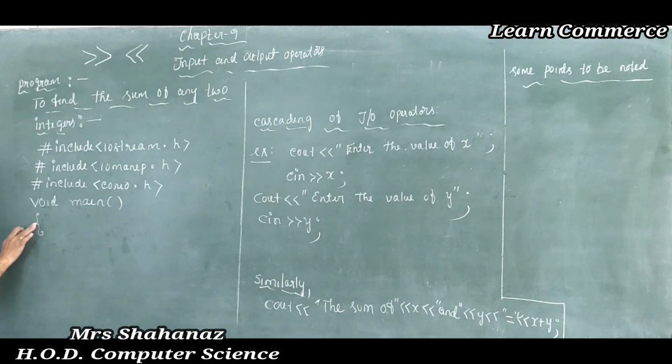And after opening of the flower bracket here, we need to declare the variables. What are the variables we need in the program? Such variables are declared by using their data type. If you are using 10, 20, then sure the data type is int. If you are using 10.5, 20.3, then we need to use the data type float. But in this program, simply whole number values are used, so the data type int is suitable for such variables.